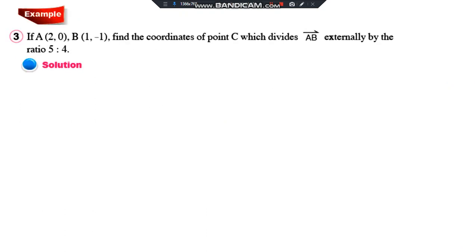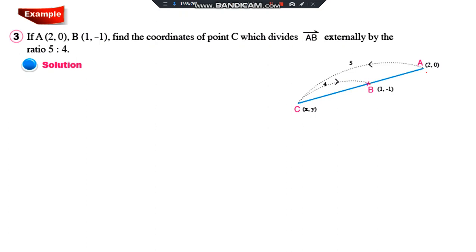So we have here A (2, 0) and B (1, -1). Find the coordinate of C, which divides AB externally by the ratio 5 to 4. So we can draw the directed line segment AB. Its start is A and its end point, or terminal point, is B. So we have A (2, 0) and B (1, -1), and we have the point C,